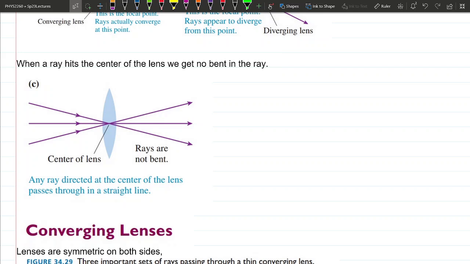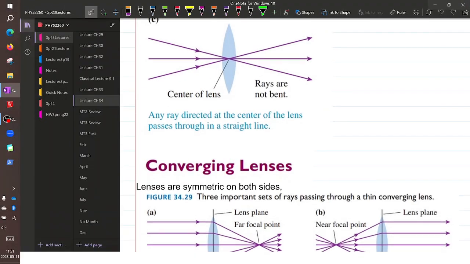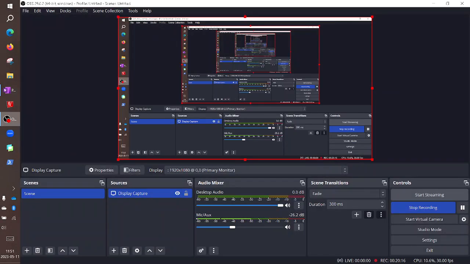This is in the approximation that these lenses are thin. If you have a thick lens, the rays would get displaced, but they would still come out at the same angle. All right, so I'm going to wrap up here today, and on Monday I'll do how we deal with converging lenses and diverging lenses, and hopefully we'll have time to do